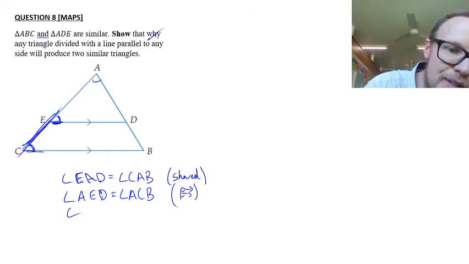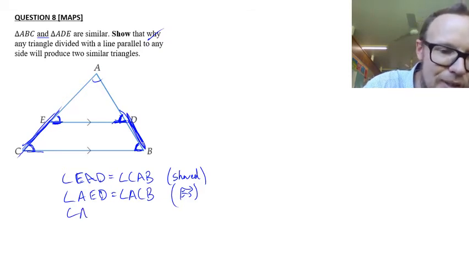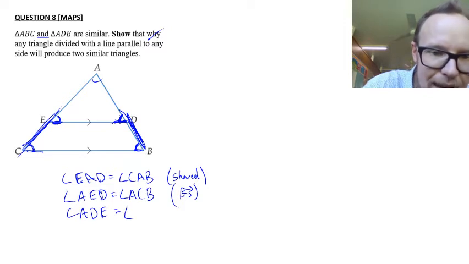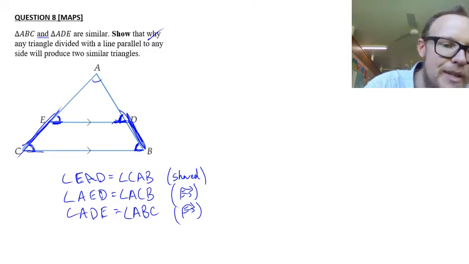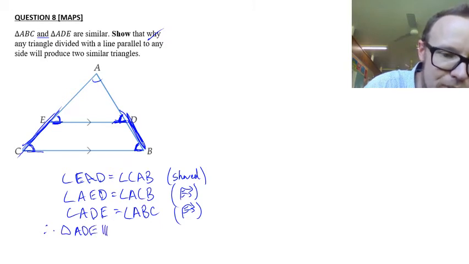We also know back on this other side that this angle here is going to be equal to this angle here. And the reason for that is also the F rule, because we've got our parallel lines here, we've got our transversal here. Those are corresponding angles. So that's angle ADE is equal to angle ABC via the F rule here. And then we can say, therefore, triangle ADE is similar to